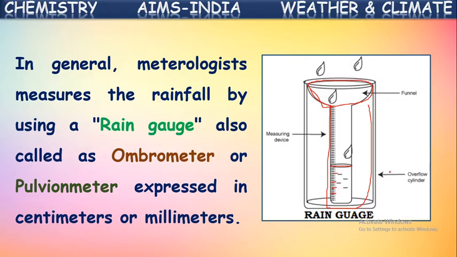Okay, and we can also prepare this rain gauge at home just by using a measuring jar and a funnel. We can keep some measurements on a glass tube like this, and connect a funnel on the top of this. If you keep it in the rain, this funnel collects rainwater, and the height of the water column collected in the measuring jar gives the extent of rainfall. Okay,